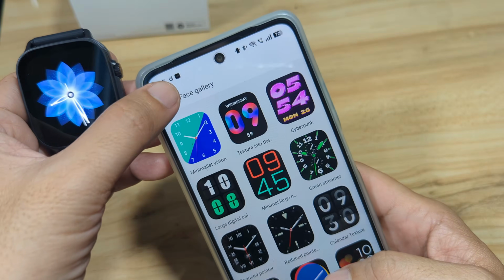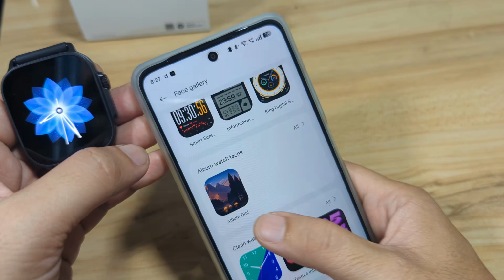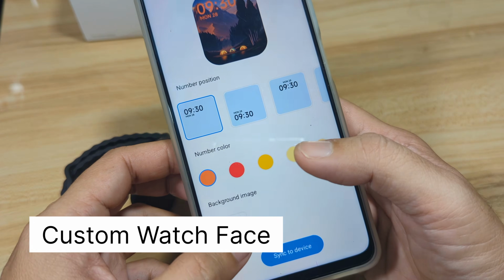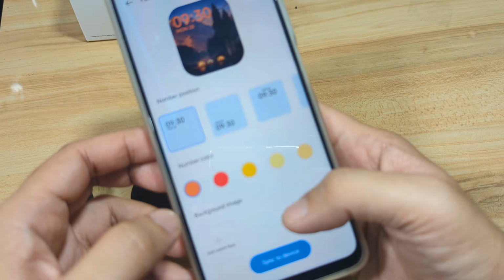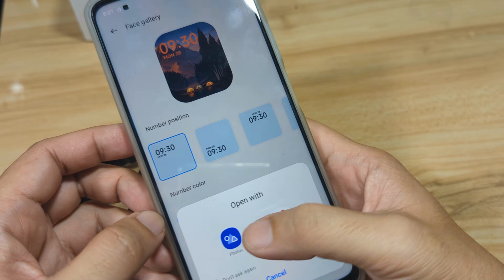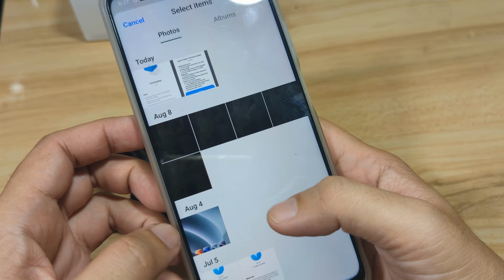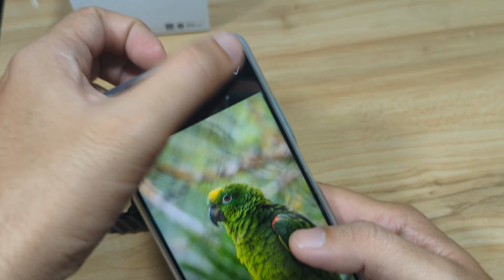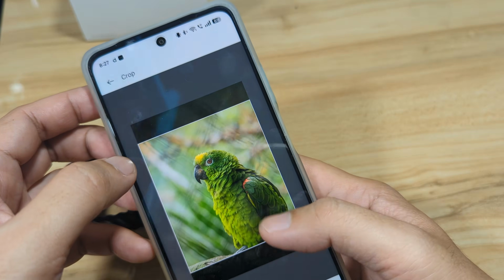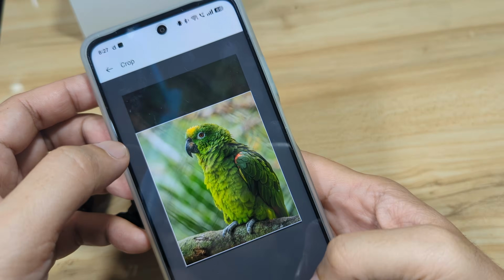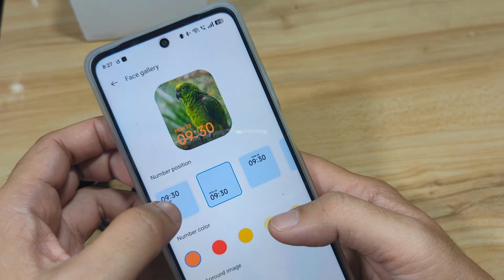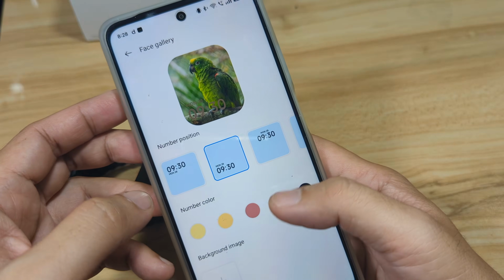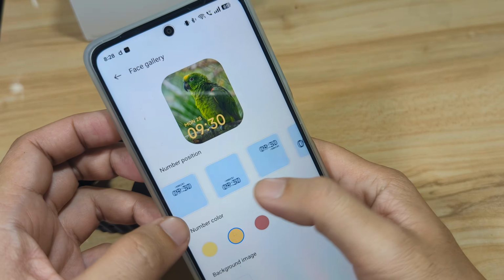Next, let's try the custom or the album watch face. So let's pick add watch face, choose from album, photos. Let's select this one, then check. Let's crop, adjust the time, change the color, and what else?